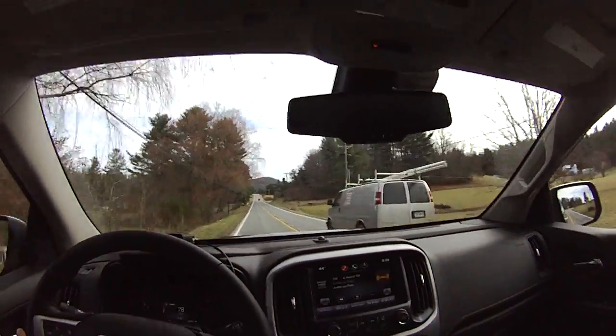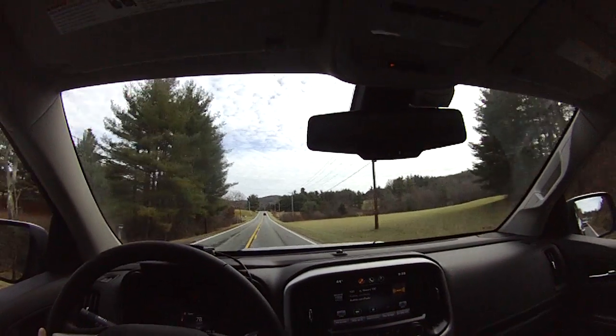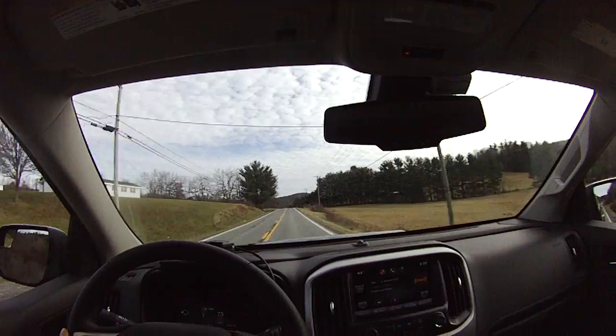By the way, this truck has pretty good power. Just accelerated around a cloverleaf here. It has that 3.6 liter V6 that GM uses in a number of its vehicles, including the Cadillac CTS and the